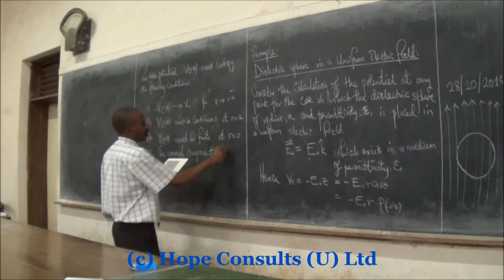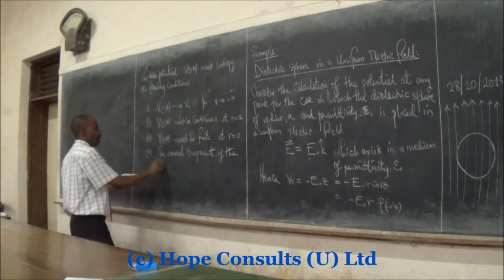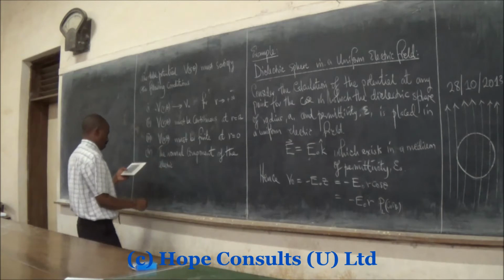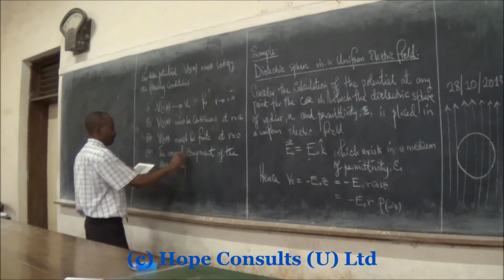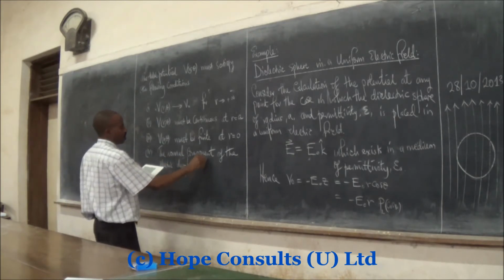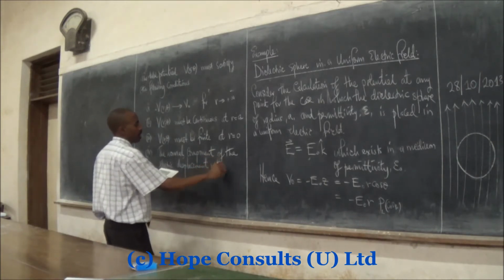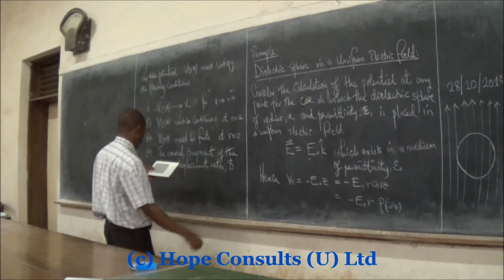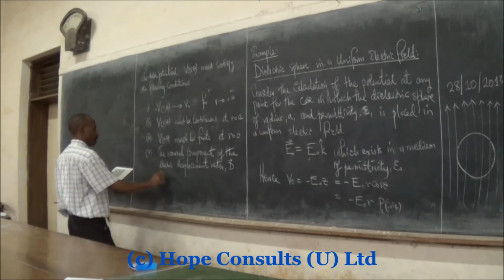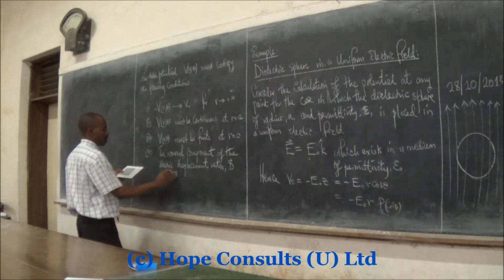Four, the normal component of the electric displacement vector D must be continuous